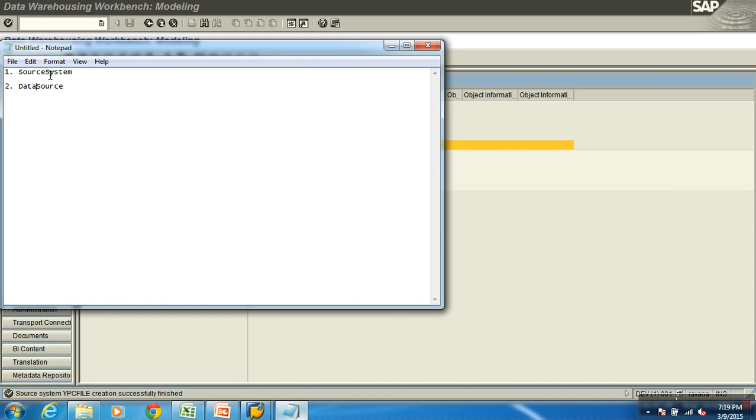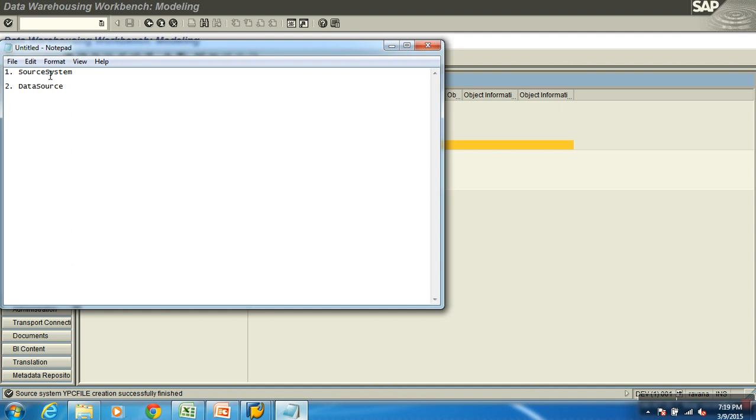Your data source object will define from where I should extract the data. What is my source of data? And from that source, what all columns should I extract? Can I say fields? Because I am referring to the source of BW. When I say column of BW, I would say InfoObject. When I say column of source, I would refer to it as fields.